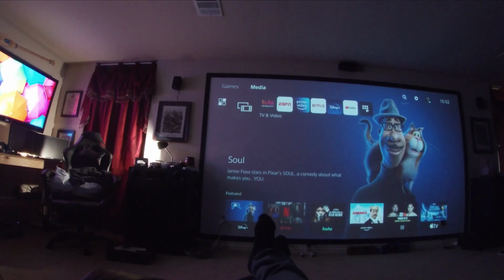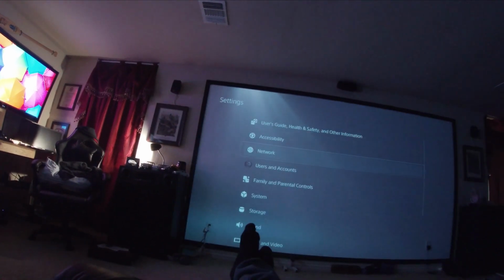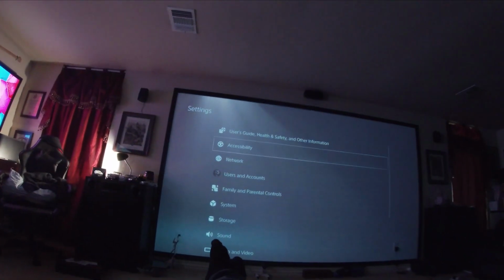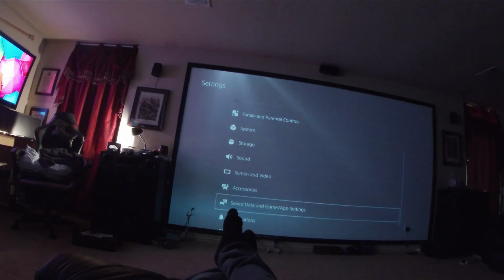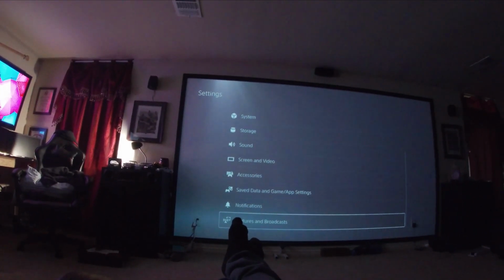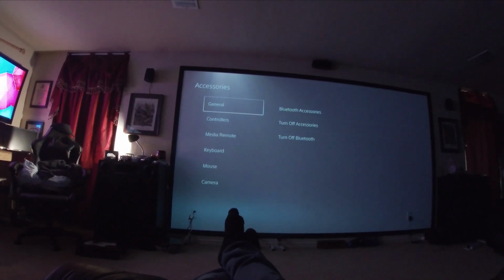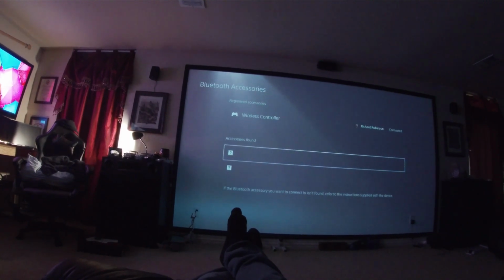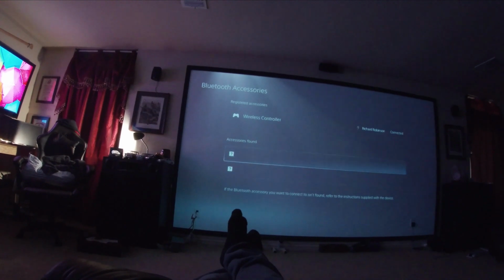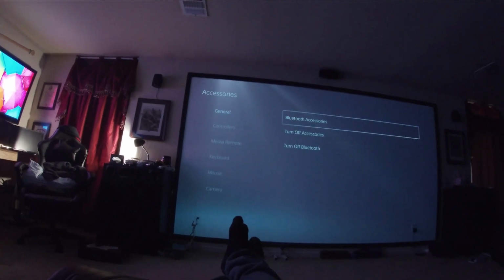Also up top is where you'll have your search and your settings. And in here again, you'll have all your network, user accounts, family, parental guidance, system, storage, sound, screen and video, accessories, notifications, broadcast and capture. There's a few things that's different. So it found some accessories and it's looking for what they are. So right now it doesn't know. But anyway,